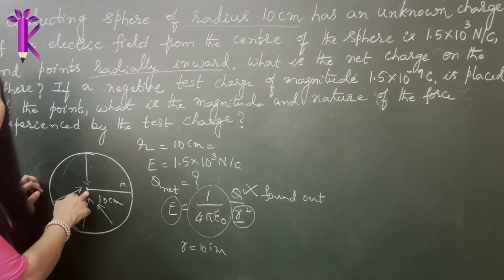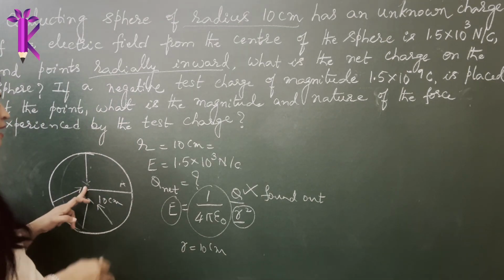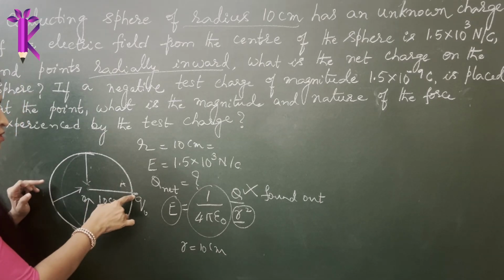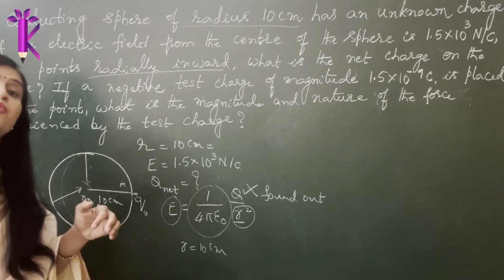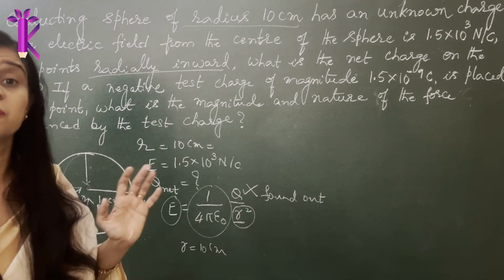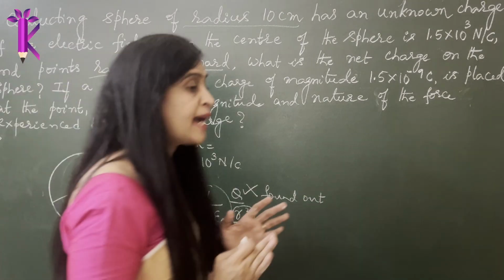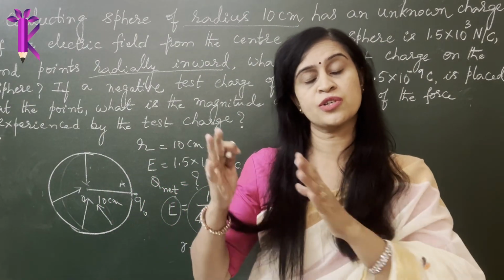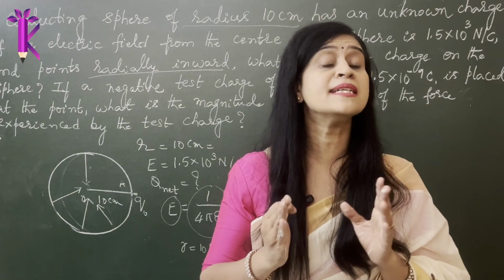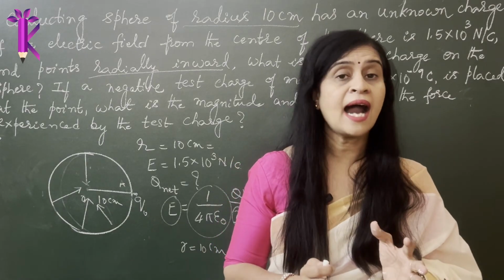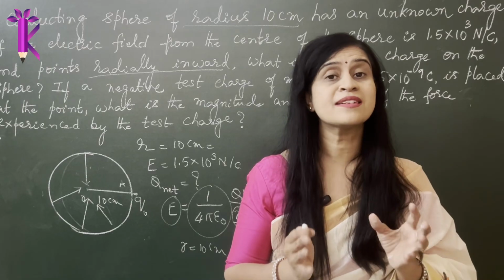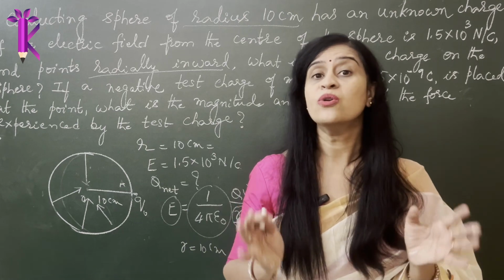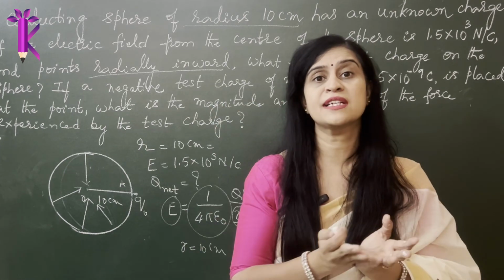Is the charge concentrated in the center of the sphere, and are you placing the unit positive test charge Q naught on the surface of the sphere, and is the test charge moving towards the center of the sphere? Is that possible? Now, when I taught you distribution of charges, especially linear charge distribution, volume charge distribution, I made it really clear that charges do not reside inside of a conductor, which is not possible. They only reside on the outer surface of the conductor.